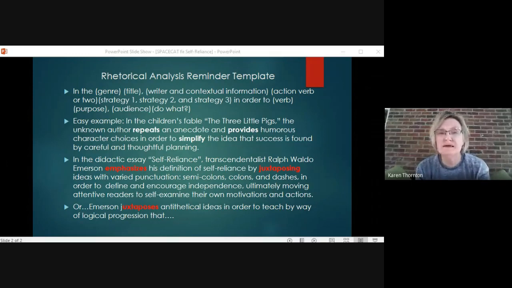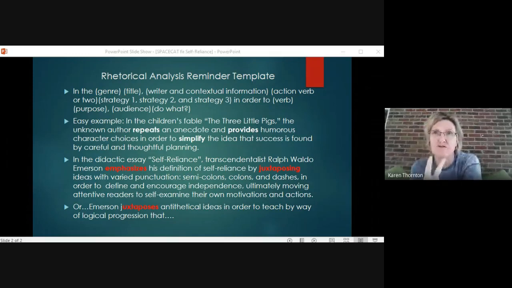The author repeats an anecdote. Remember, he talks about what happened with the pig that made his house with the sticks, and then the next one, and then finally the brick one. You got the straw and then you got the brick, and only the brick one worked, but it was harder work. So we're going to say he repeats an anecdote, and then he provides humorous character choices in order to,